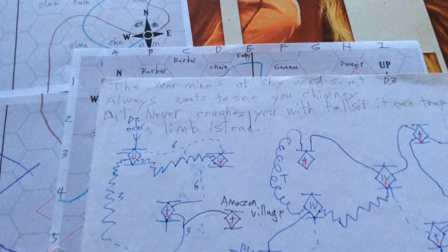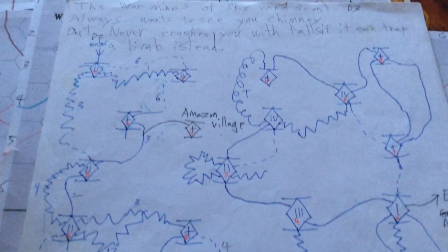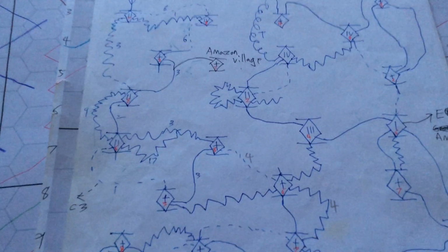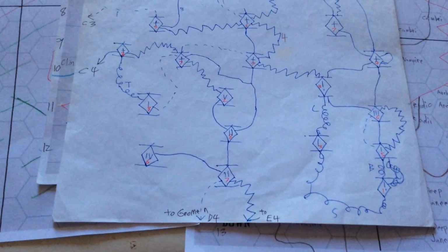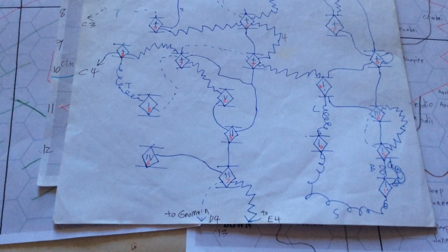So they entered here and found their way to the Amazon village. The Amazons believed that they were in Tartarus, and there they were able to get a new guide, a guide who knew their way around this hex, knew about the different caves, where to go. And if you see, it goes down, there's a crawl that goes down to the next hex, and then there's